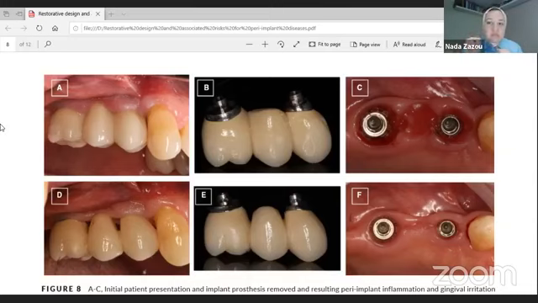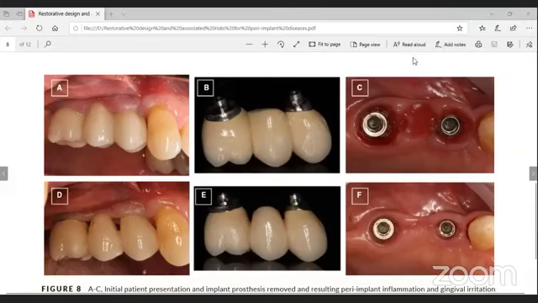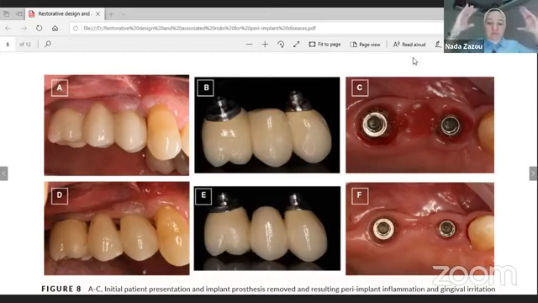Because sometimes if you don't have enough bone to place the large diameter you want, you're going to place a 4 millimeter implant, for example, and I would choose not to put a platform switched implant so that the diameter of my abutment is as large as possible. In platform switched implants, the diameter of the abutment is smaller than the implant platform. What if the implant platform is already small and I also do platform switching? I would use an even smaller abutment, 3.5 for example. This will create a really abrupt emergence profile,